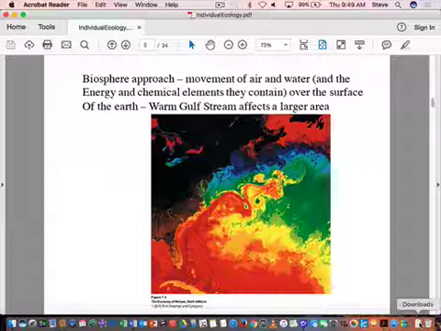And one of the things that global climatologists are really interested in is how those water temperatures are being affected by global warming, and is this going to become more dramatic? This requires amassing a lot of data, right? Measuring all these things with buoy systems and all sorts of things to gather all this information. Okay. So this warm Gulf Stream affects large areas. Look at this. This is the Gulf Stream running up along the eastern coast, and then it goes out this way, right?